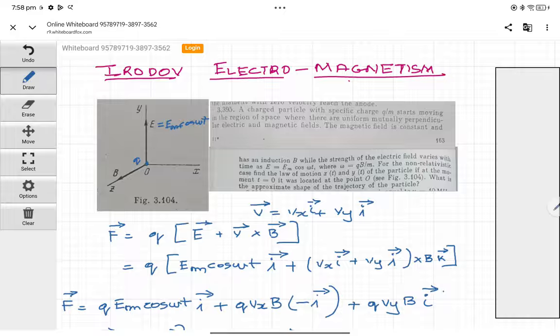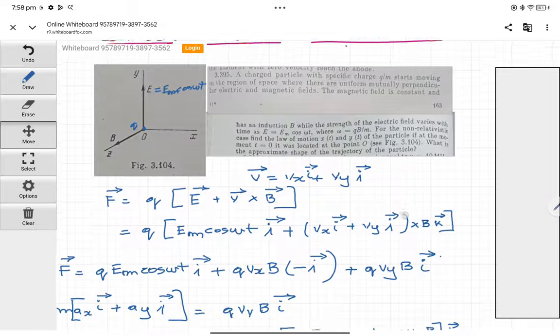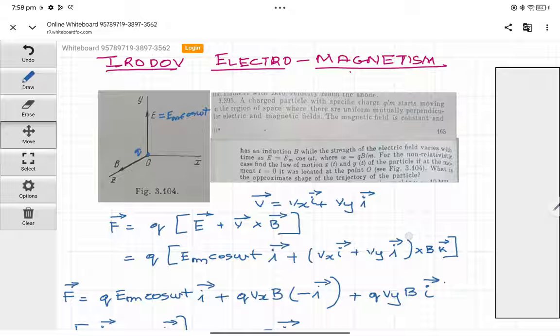Now there is another question here where the electric field and the magnetic field are constant. That is very easy, which anyone can solve. But this is where you have a time varying electric field. So therefore, we'll just see how to solve this question. Okay, so the first thing first. In this question, we know that the electric field,